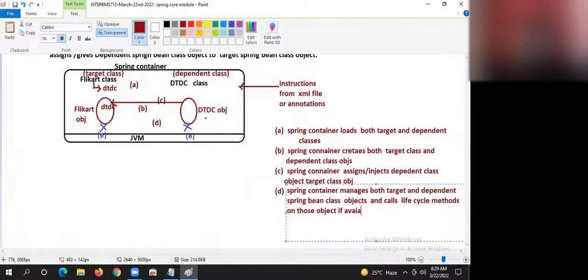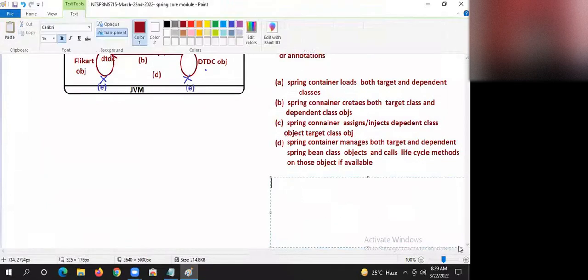Next, Spring container destroys both target and dependent Spring Bean class objects.